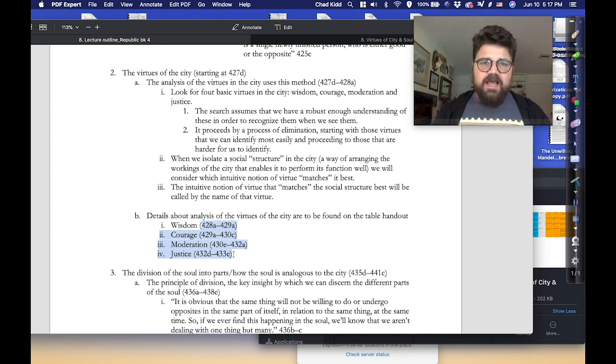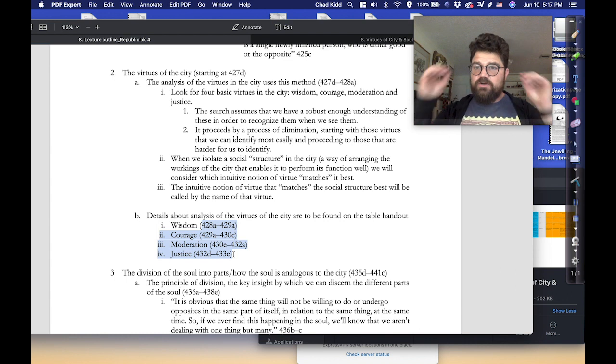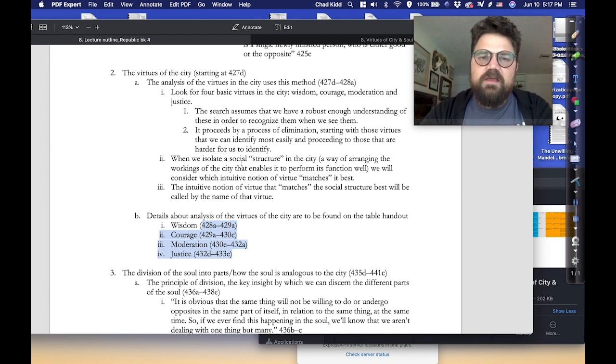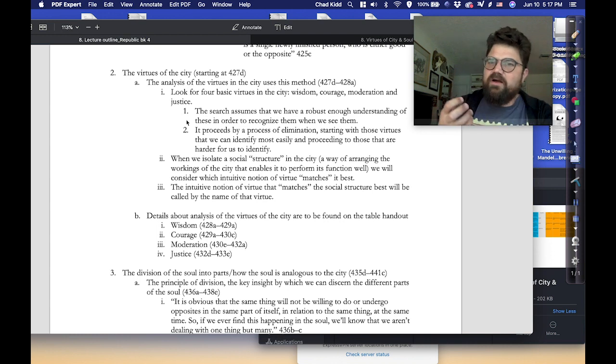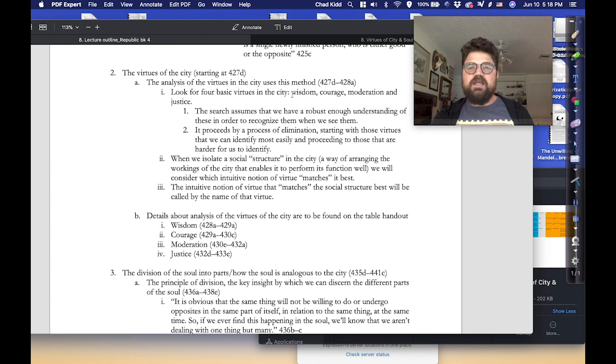But for now, let's take a look at the method that he's going to use to analyze the virtues in the city. The method makes some presuppositions, right? The first is that there are going to be at least 4 virtues in the city that are basic, that are sort of like virtues that anything that is a good city must have. And here, Plato seems to be drawing on some strong intuitive notions of what political justice is. So he says that any good city is going to have at least these 4 virtues, right? It's going to have wisdom, it's going to have courage, it's going to have moderation, and it's going to have